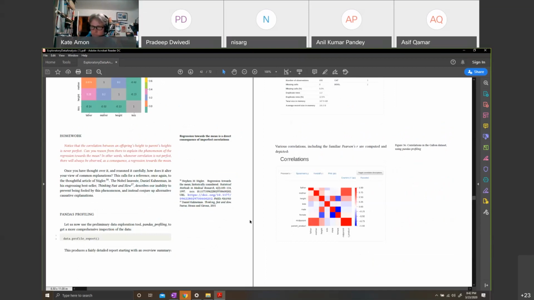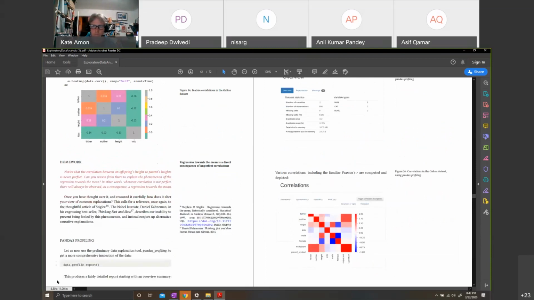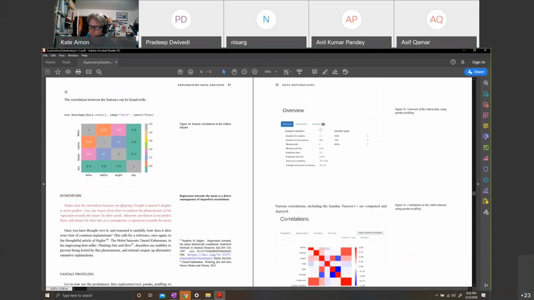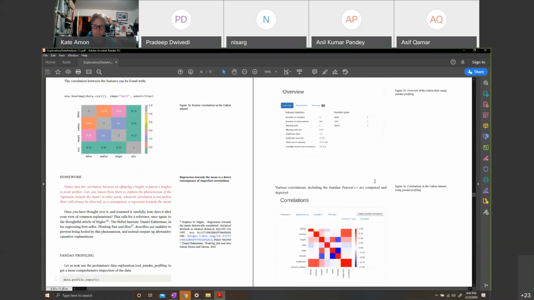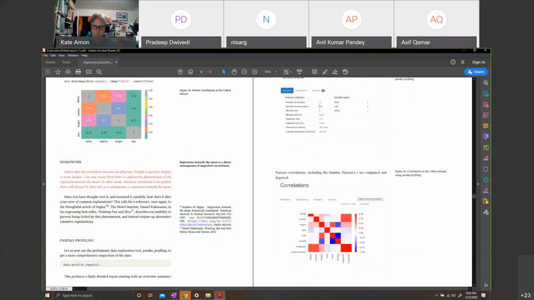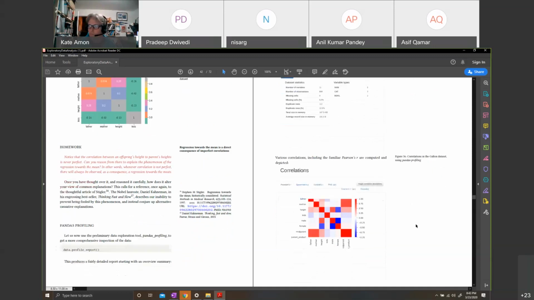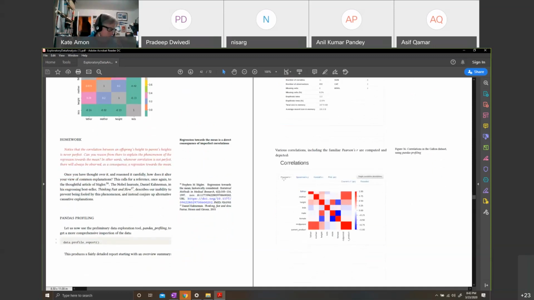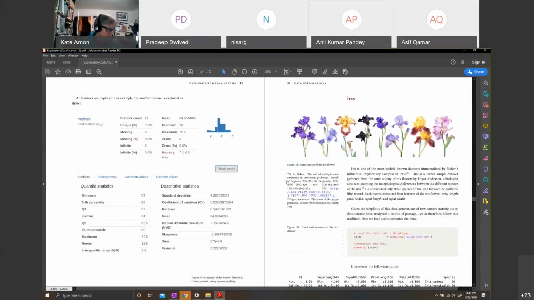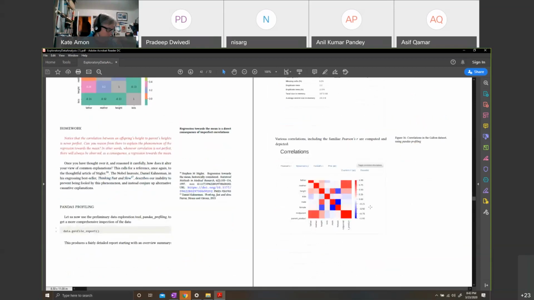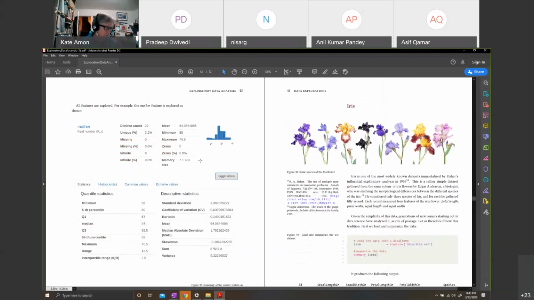So pandas profiling once again. What does pandas profiling do? One line of code will produce a pretty extensive report, and you should do that. It will produce a summary of the data. It will produce the correlations. And it turns out that there are many kinds of correlations. I'll let you explore those in due course of time, one by one. I've introduced you to the correlation by Pearson because he was the student of Galton, and he formulated that concept of correlation. You can see all of this, histograms and everything. I won't go into that. Do it in your labs, right? Certainly do that so you can see it.